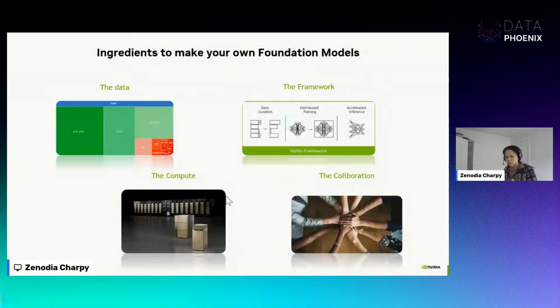In order to train a foundation model, assuming you want to train your own, you will need these things. You will need a gigantic amount of data. You will need access to large compute instances, whether that's on-prem, in the cloud, or hybrid. Then you will need a framework that can leverage the underlying compute and absorb a large amount of data in order to train and finish in time. And of course, you will need collaboration in case something goes wrong. Then you will need guidance and advice, right?